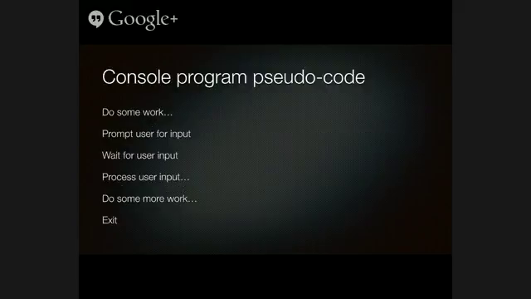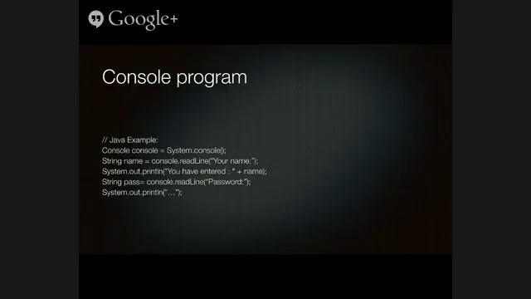So in the old days, on the command line, this is kind of the general idea of what the pseudocode for a program looks like. You do some work, you ask the user for input, you wait for the user input, probably not doing anything in the background, you're just waiting. You process the user input, you do some work. Here's how you do that in, for instance,